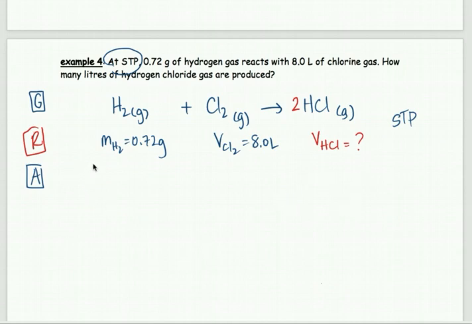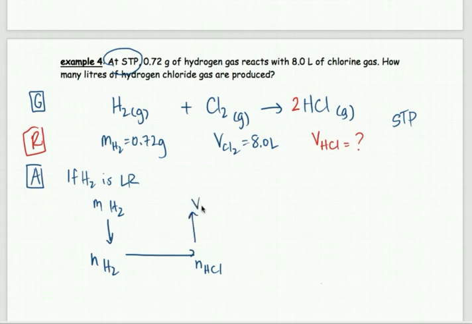So if hydrogen is the LR, the limiting reactant, then we're going to find the moles. Right now we have the mass. We're going to find the amount of hydrogen, then the amount of hydrogen chloride, and then we'll find the volume of hydrogen chloride. And then if chlorine is the LR,